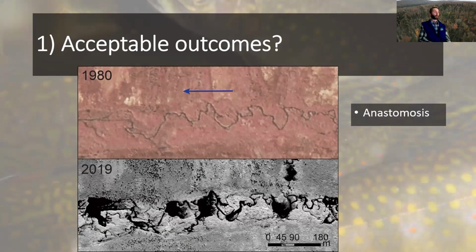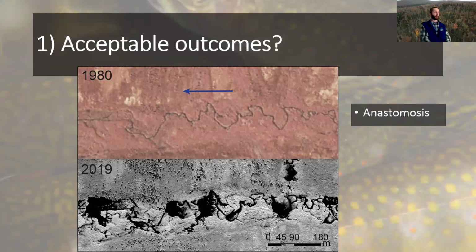And then there's this. I thought maybe Shayne would use this fancy word, but he didn't. So anastomosis is the idea of these channels that branch and rejoin and shift around. And is that going to be okay? I don't know anything about this. I just pulled this off the internet.